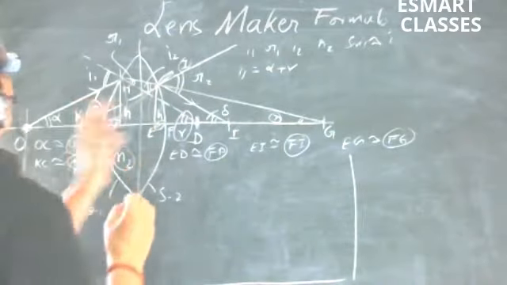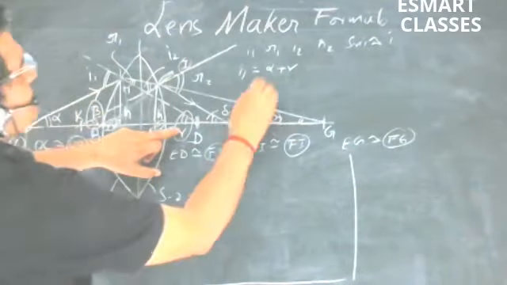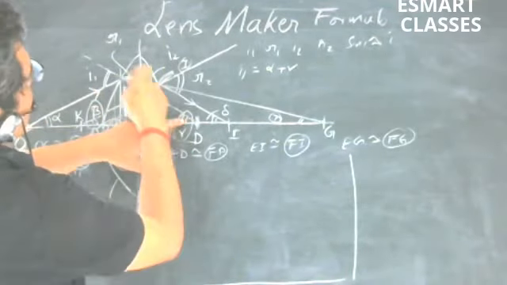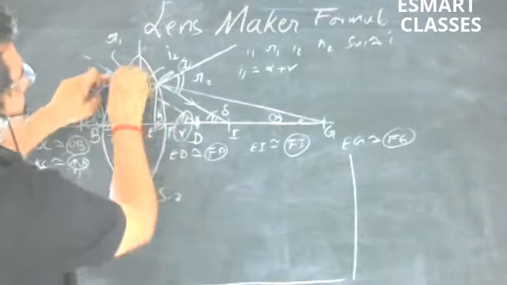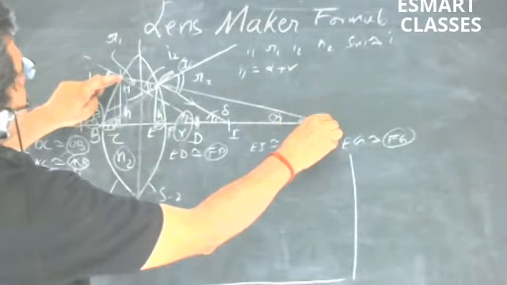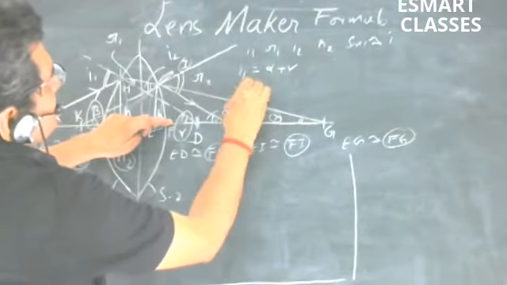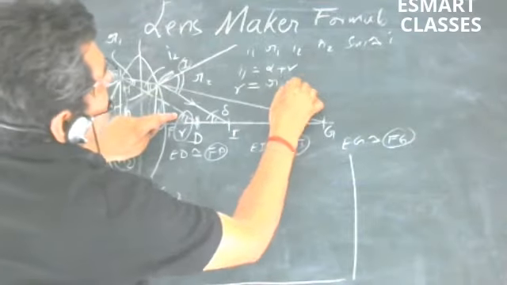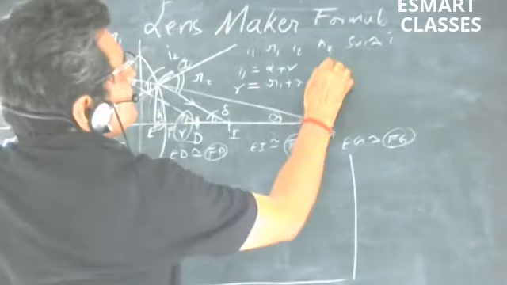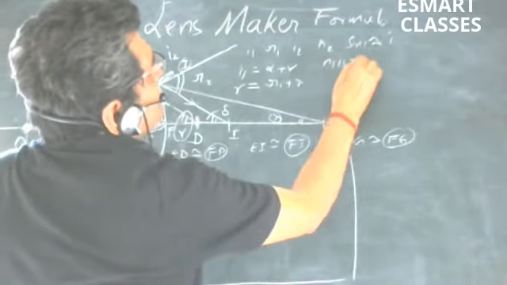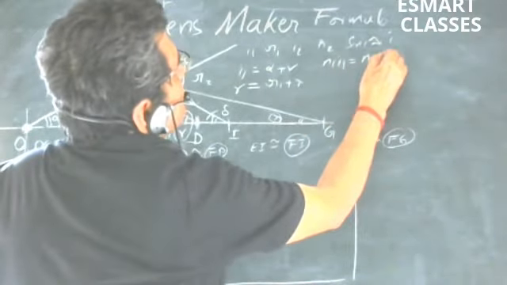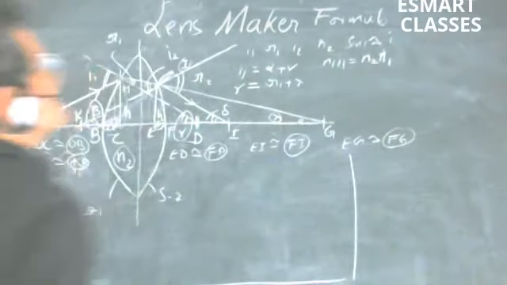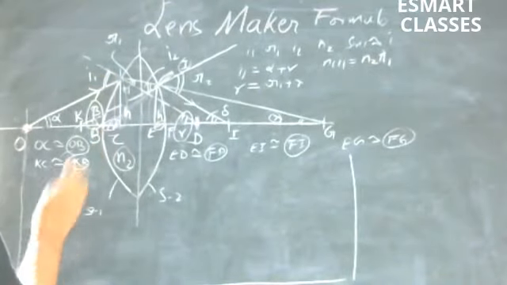the normal. Now, the other triangle we will take, as I mentioned, if we take R1 has to be covered, gamma has to be covered. So we will take this triangle. We will take HDG as a triangle, and gamma is the exterior angle. Now, gamma is equal to R1 plus lambda. Now, N1 I1 is equal to N2 R1. This is I1, this is R1, this is N1, this is N2.